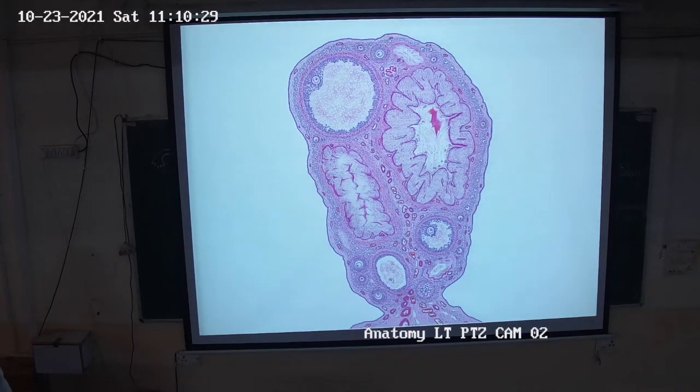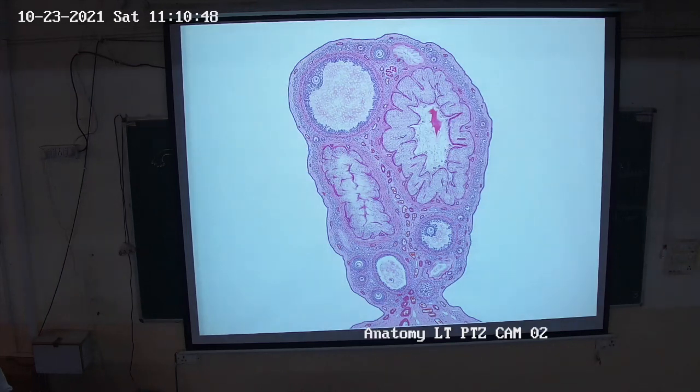Germinal epithelium of the ovary is low cuboidal. It is simple cuboidal epithelium. Then there is a layer of tunica albuginea, and then comes the cortex. Cortex has different stages of the follicles. ठीक है. Primary oocyte जो है, which is arrested at the stage of prophase of meiosis 1.